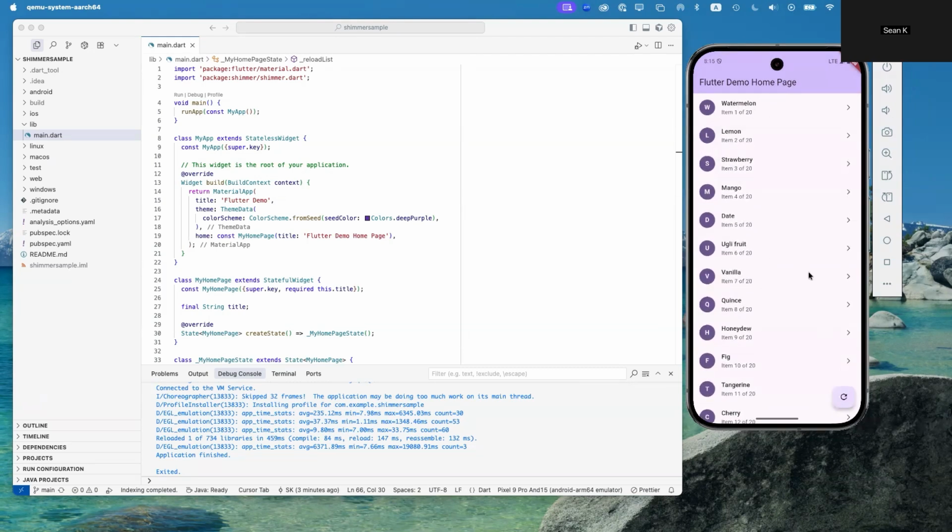And so what I've done is when this app initially loads, it will show that effect, but also it will show the effect when I press on this